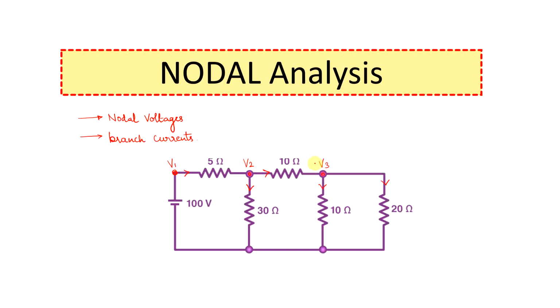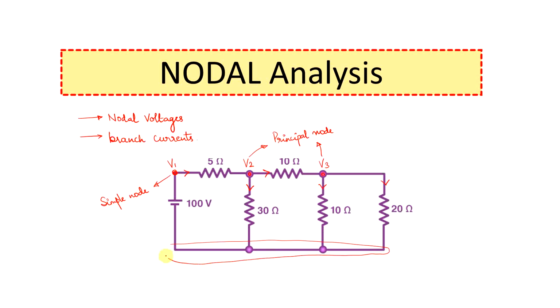An important thing to be remembered in nodal analysis is that we will first always identify the total number of nodes that are present in the circuit. Where just two circuit elements are connected, this node becomes your simple node, and when you have more than two circuit elements being connected, like the way you have here for V2, this is your principal node. Similarly, V3 also is a principal node, and then these nodes at the bottom together can be combined as one